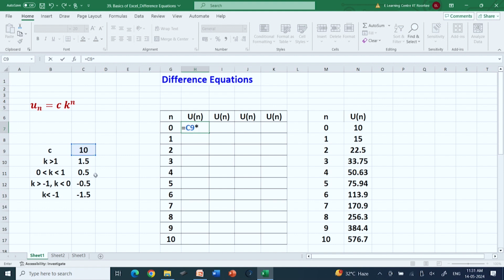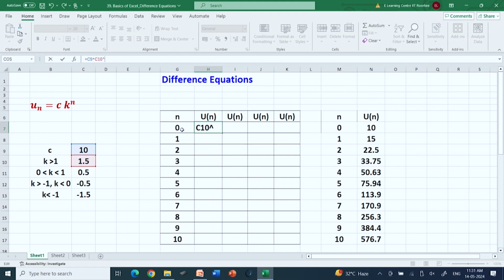multiplied by k to the power 0. Now, the value of c is a constant, so I put a dollar sign, and the value of k is again a constant, so I put another dollar sign here, and the power is n, which is this cell. So I get this value and I drag